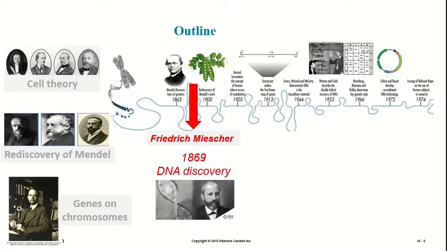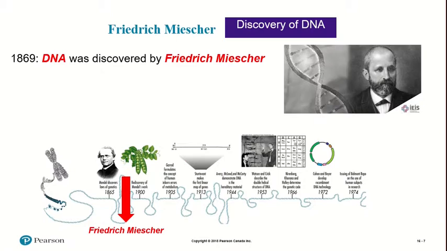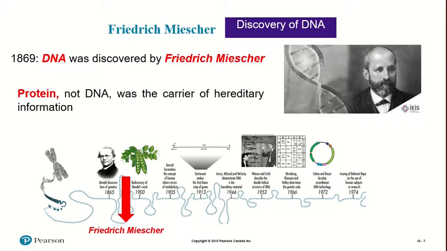Our second topic of this class, we will study the DNA discovery by Friedrich Miescher in 1869, and now we consider the discovery of the DNA a huge discovery. However, at that time, it was not very important. Actually, this scientist died without knowing the importance of his finding. Why? Because at that time,